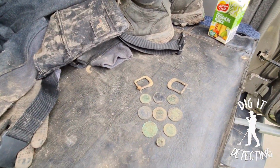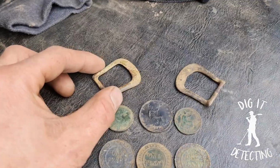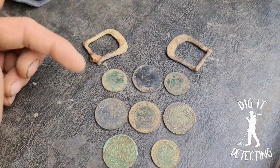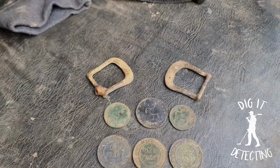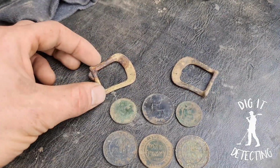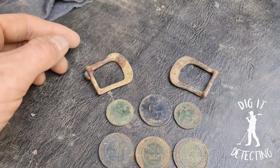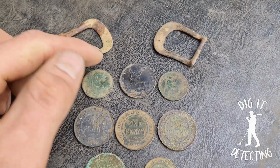Anyway, we'll take you through and give you a look at what we got out today. The pennies and the coins and everything are starting to thin out, as you can see. It'd be nothing to pull dozens from here in previous hunts. So that's okay. We'll try and keep continuing to come here, get them out for the landowner as we can, where we can. So a couple of buckles up the top, 3 Britannia pennies down below the buckles,